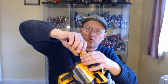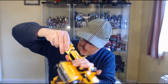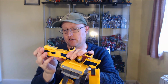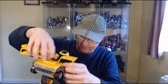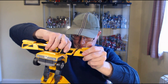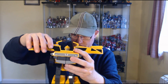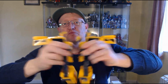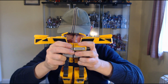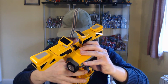You've got to be careful with these shoulders when you're going back. You've got to make sure everything's lined up before the arms will collapse, and they're very tight. Right. So then you split it in half, fold the head away, put them back together, and then